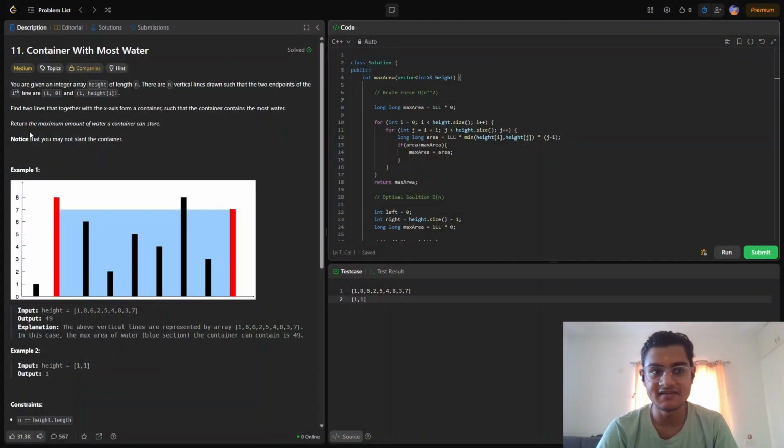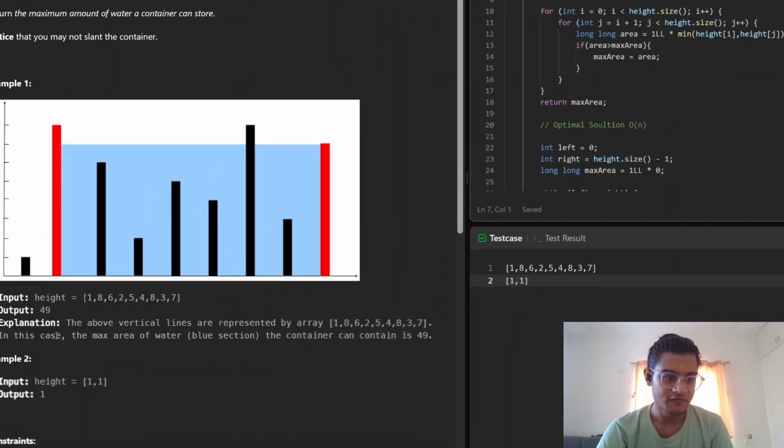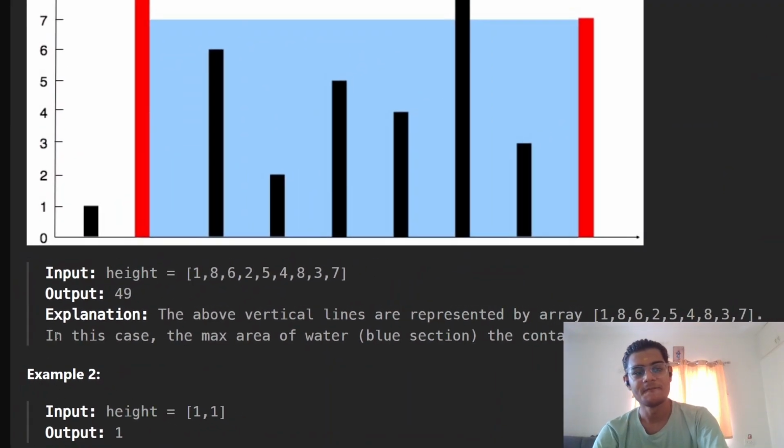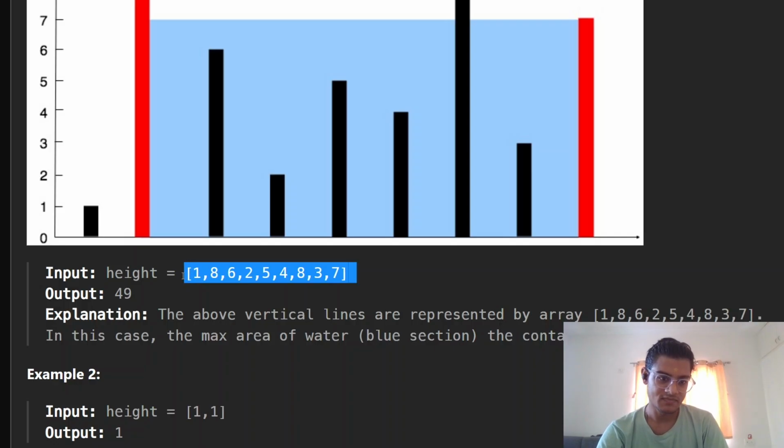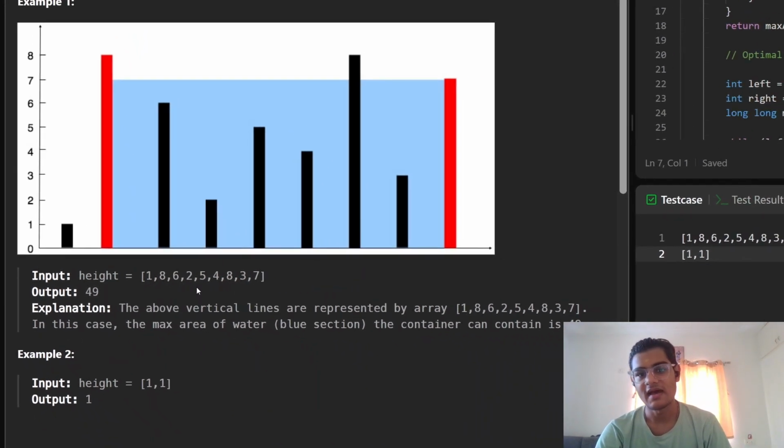We are given an integer array of length n, where n vertical lines are drawn such that the two endpoints of the line are (i, 0) and (i, height[i]). For example, we are given an array height 1, 8, 6, 2 and so on. This array represents the height of the pole. For example,